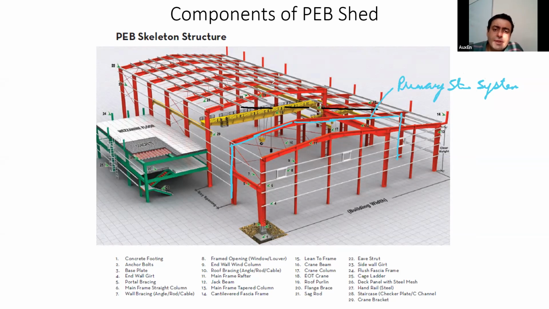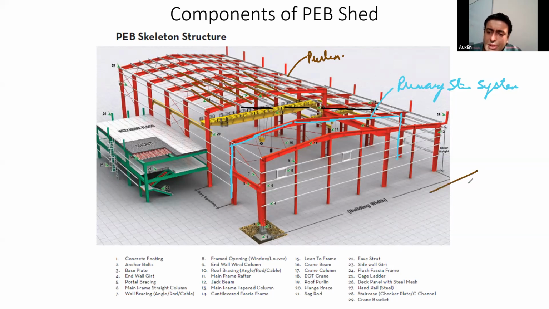Now I'm highlighting this element at the roof. What do we call this element at the roof? Yes, tell me. This element at the roof we will call a purlin. I hope all of you are aware of these terms. So why is this purlin required? To cover our industrial shed with sheets.